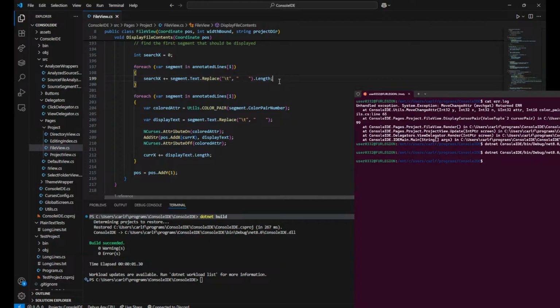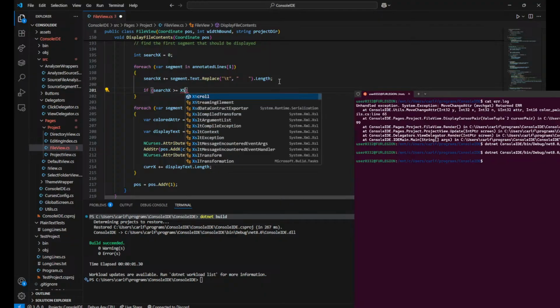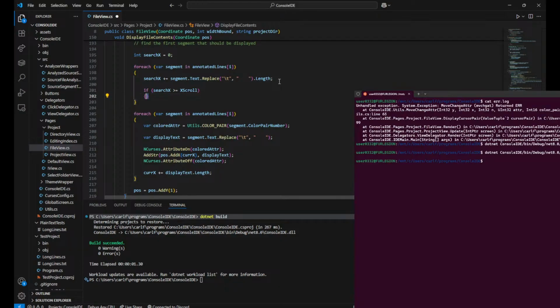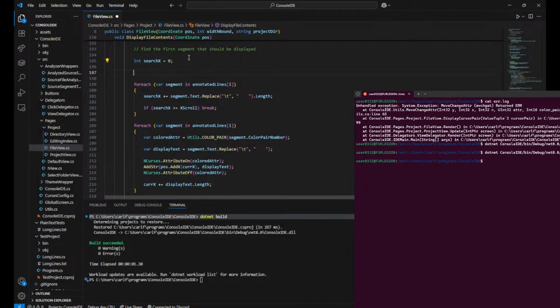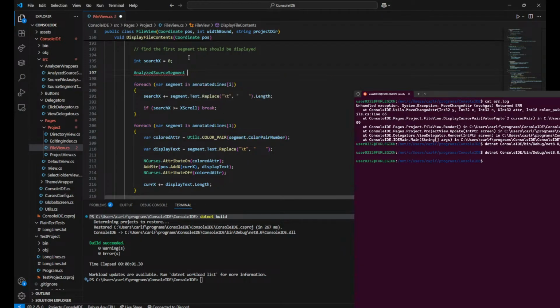Okay, so then if this exceeds X scroll, then I'm just gonna break. Okay. And then now, or let me actually store. So annotated or analyzed source segments, first segment